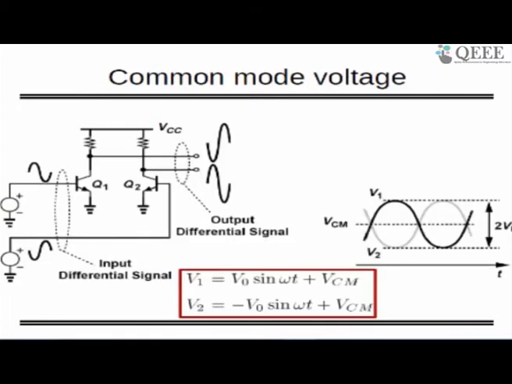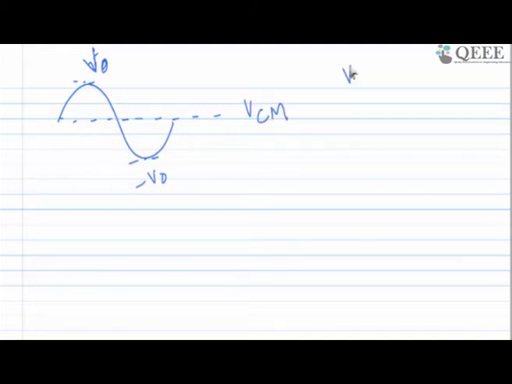Okay, so this was the information which we studied. Now this is another important thing, that we are giving input as VO sin omega t plus VCM at one end of the input, and at the other end of the input we are giving minus VO sin omega t plus VCM, where VCM is the common mode voltage and VO is the amplitude of the input, and effectively we are applying something like this. So if this is my input, which is varying from plus VO to minus VO, with some DC value, we are going to call it VCM,